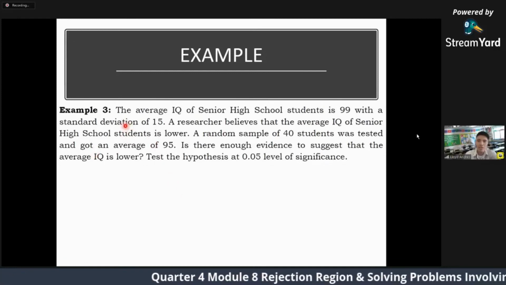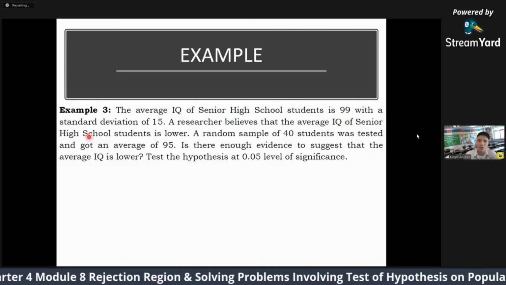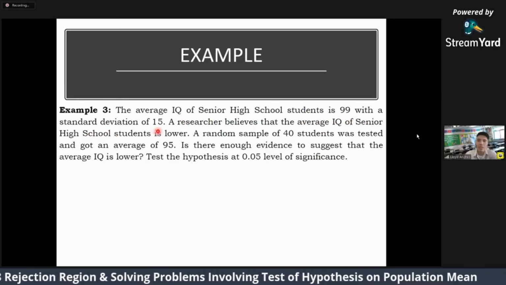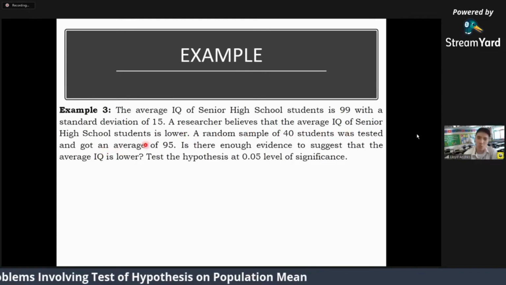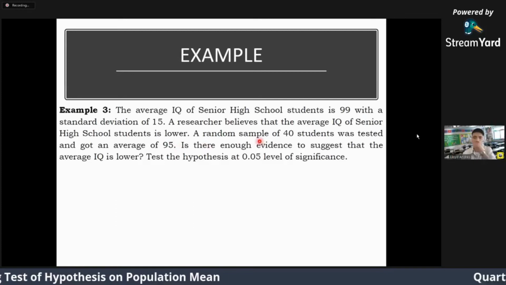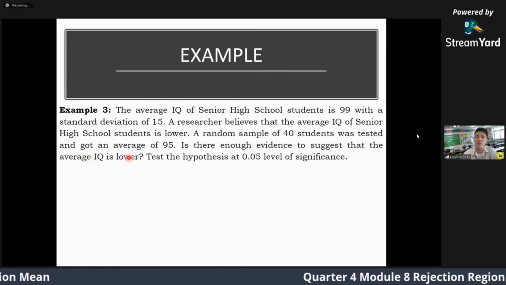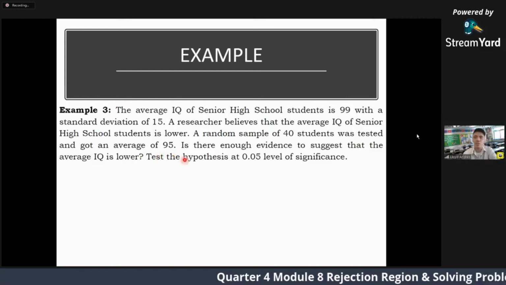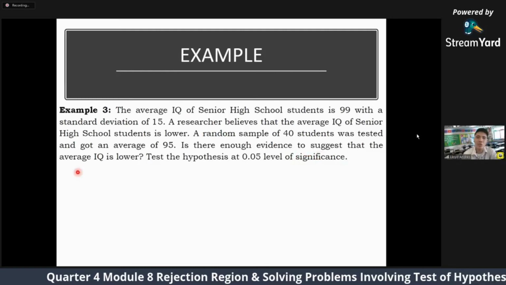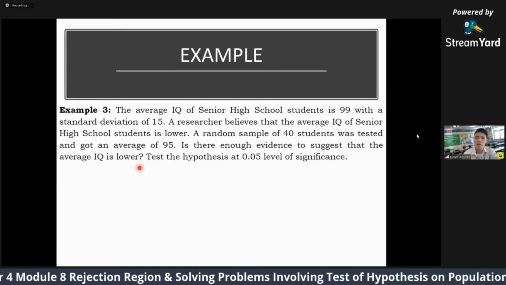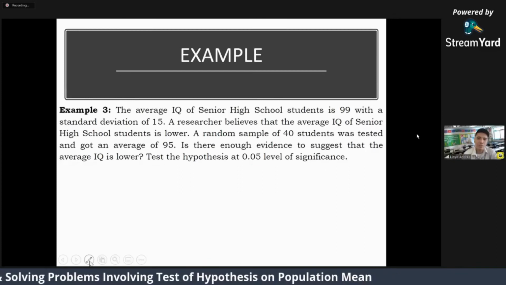The average IQ of senior high school students is 99 with a standard deviation of 15. A researcher believes that the IQ of senior high school students is lower. A random sample of 40 students was tested and got an average of 95. The question is, is there enough evidence to suggest that the average IQ is lower? Test the hypothesis at 0.05 level of significance. So first,